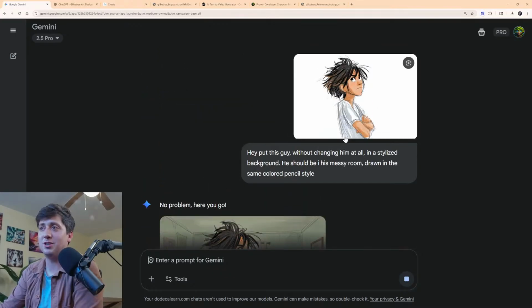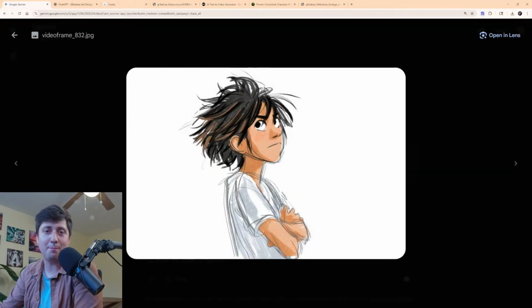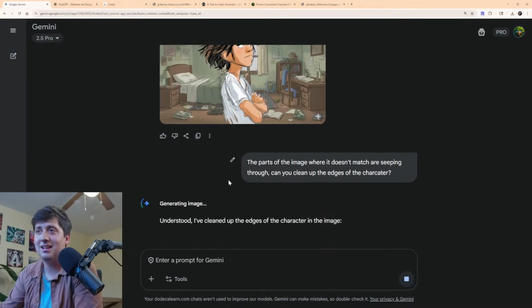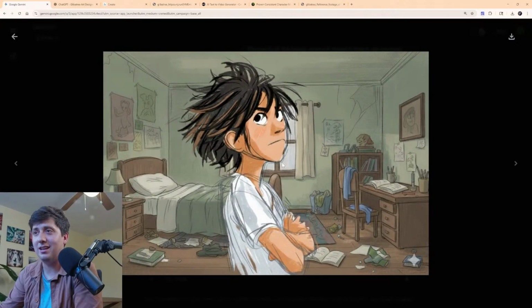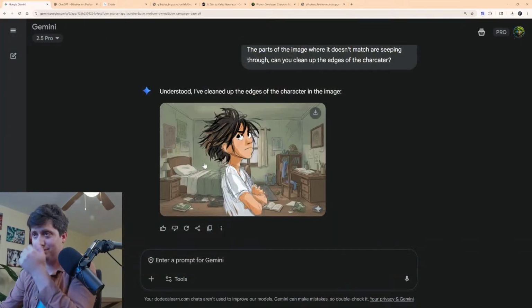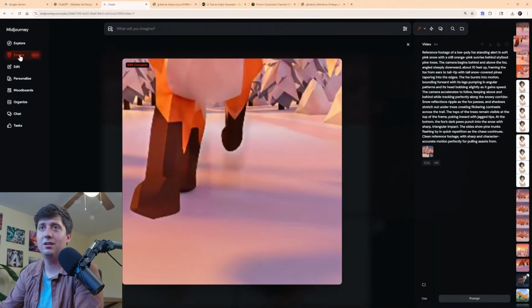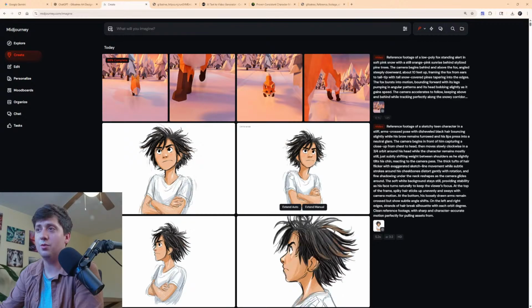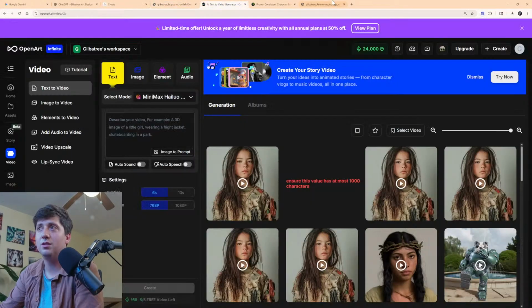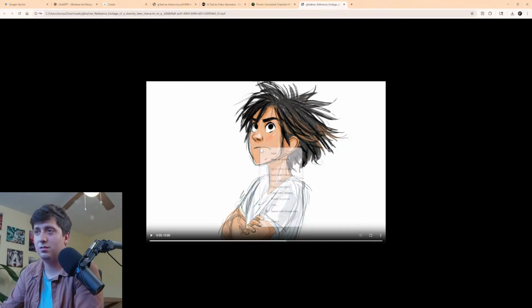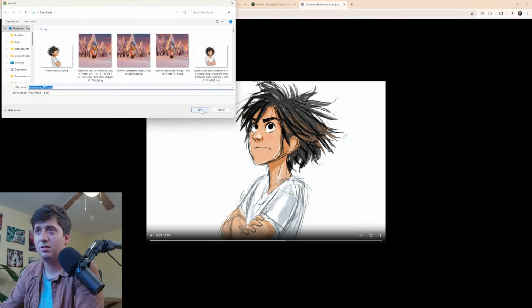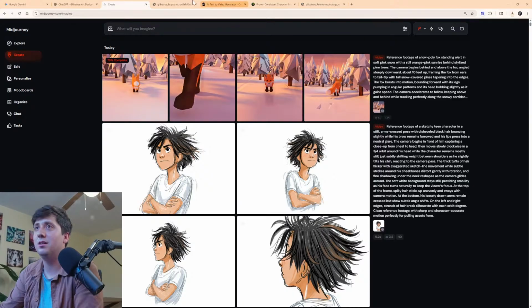Right, so I literally told him to change nothing, and there are parts it decided to erase. So I'm like, hey, clean that up. And it's now a little bit cleaner, maybe. And if I told it to do it again with this frame,